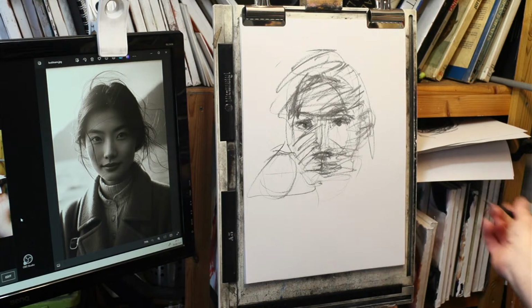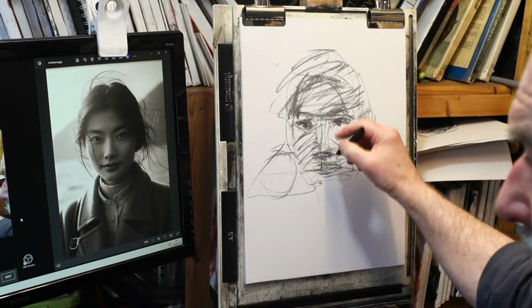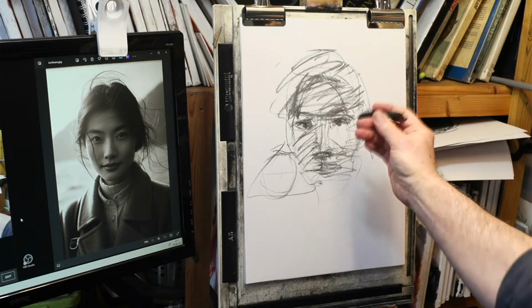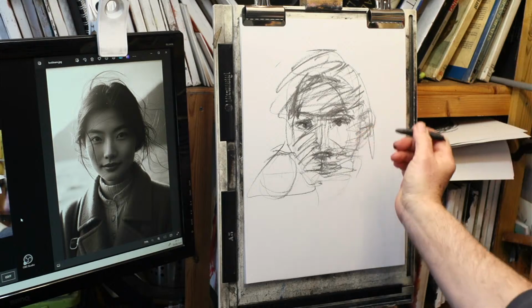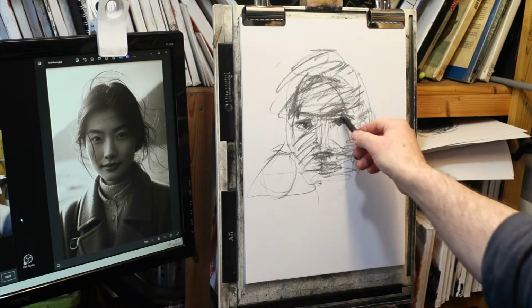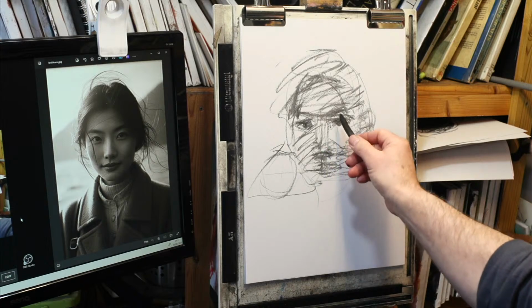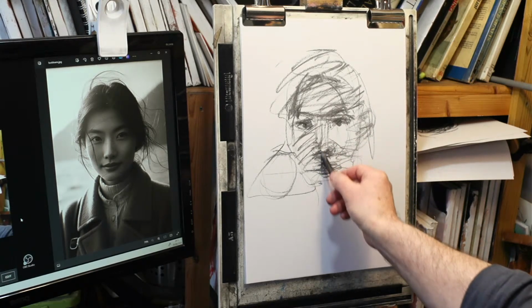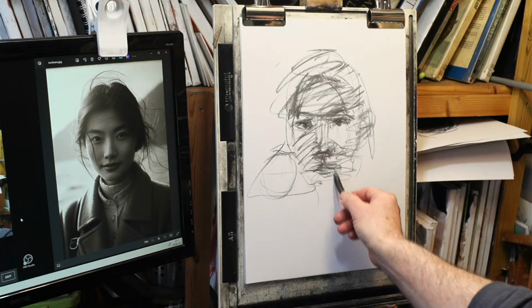But if your drawing is detailed and very precise, hold the pencil like a pencil and then draw that way. It's okay. It doesn't really matter, because it's you that decides on what the outcome should be, not anybody else. But like I say, if you want to draw in a looser style,